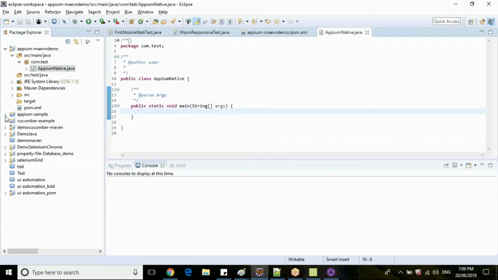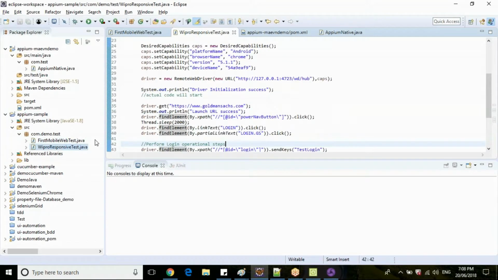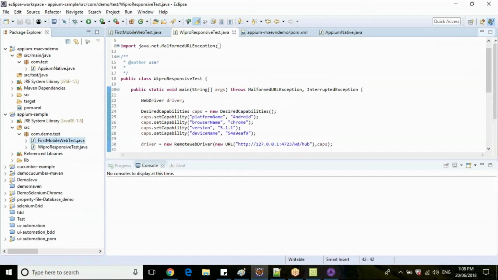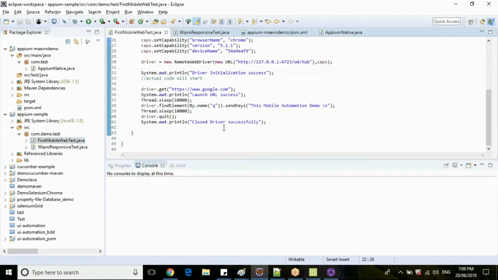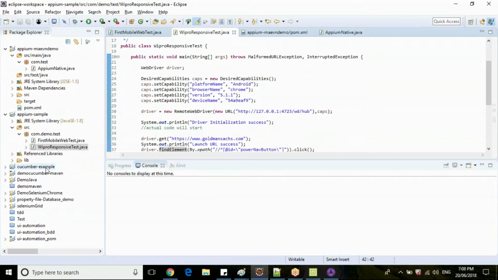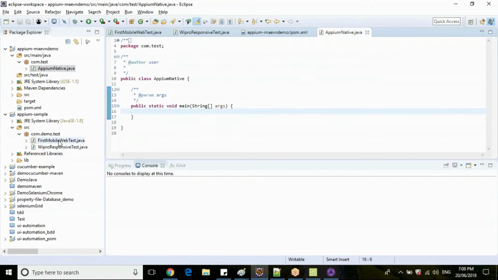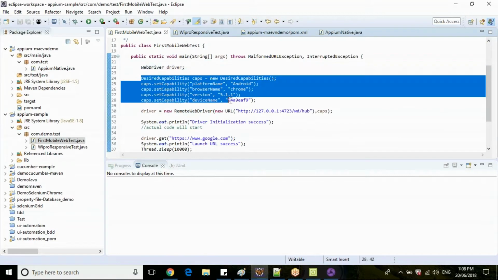So we'll copy the code we are writing here. So let's copy this code, guys.